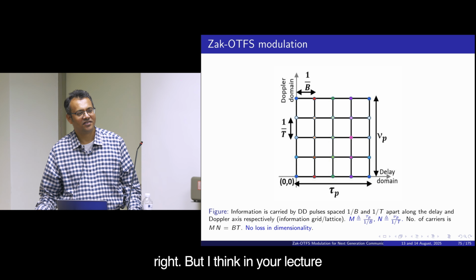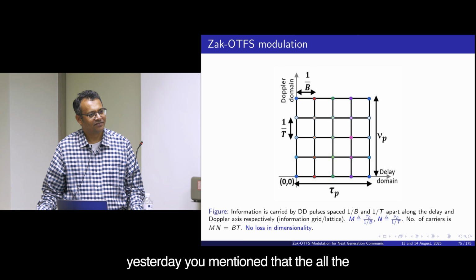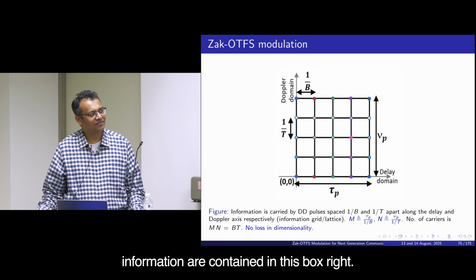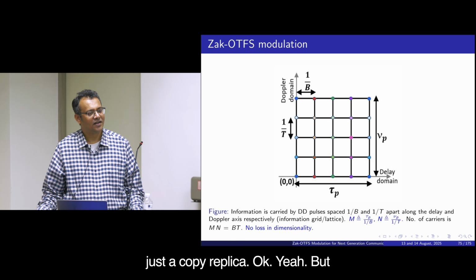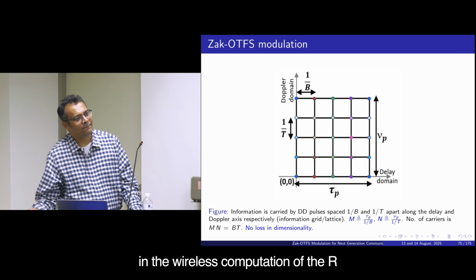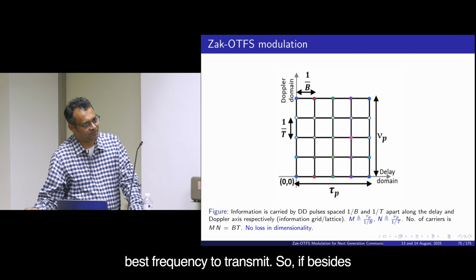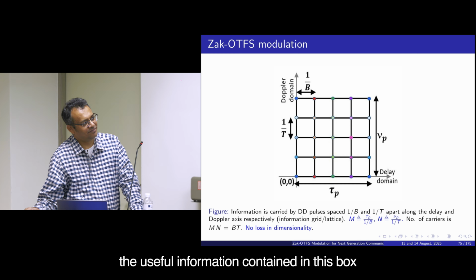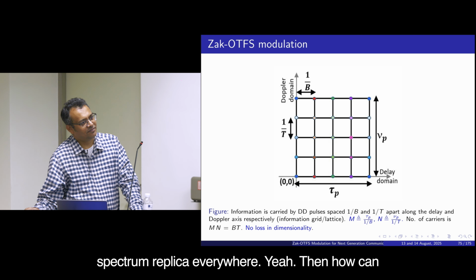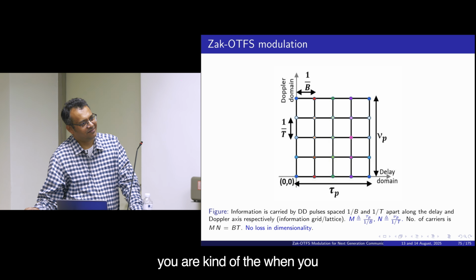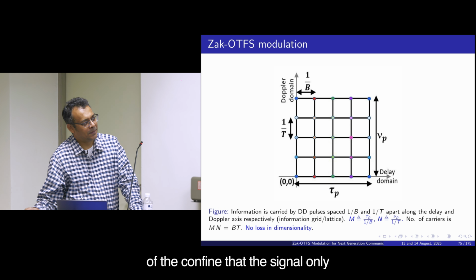Basically that, right? But I think in your lecture yesterday you mentioned that all the information is contained in this box, right? Yes. Everything else is simply a copy, a replica. Okay. But in wireless communication, we just have a limited baseband frequency to transmit. So besides the useful information contained in this box, where you have a kind of spectrum replica everywhere, then how can you, when you transmit a signal,